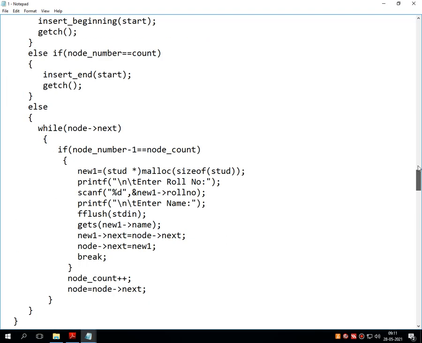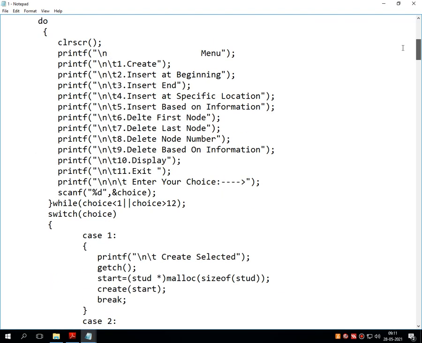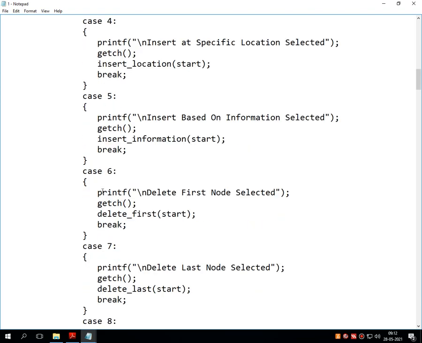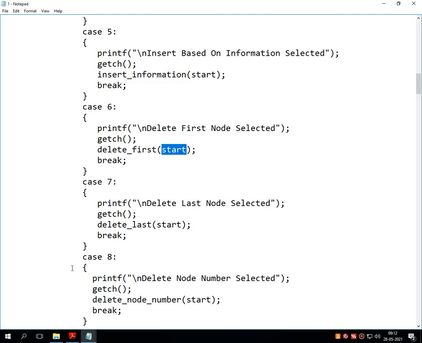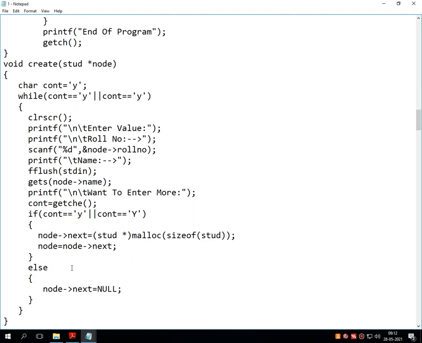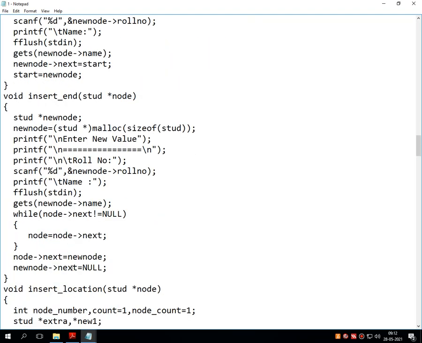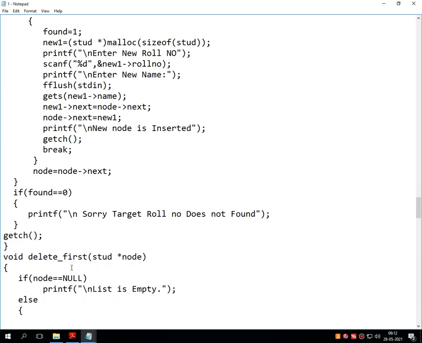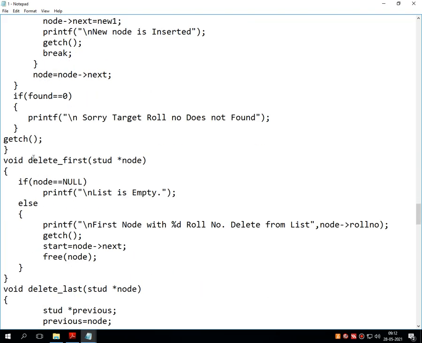Now, as per the menu, deletion starts. Choice number 6 is delete first node. Case number 6 is selected, delete first node. The delete_first node UDF is called. The start of the entire linked list is passed, and the delete_first function is called.